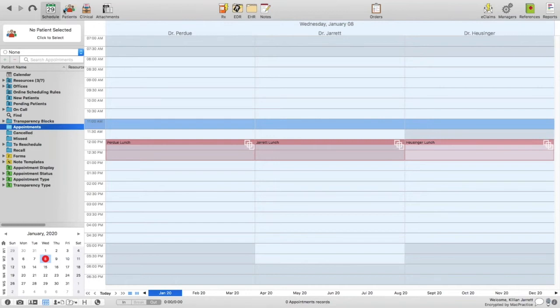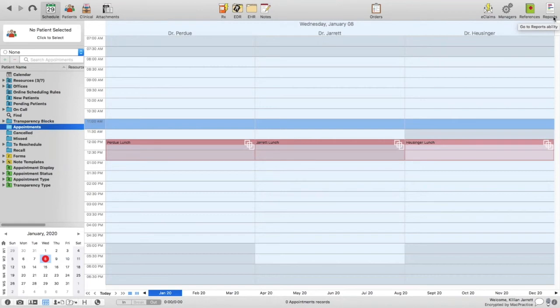So first to get started here, we will give a general overview of what we are looking at here, this entire window. At the very top here, you're going to have the toolbar. And as you can see here, I have the schedule ability icon right here. If you are a bit newer, abilities in Mac Practice are basically the different functions and the different options that you have to use the Mac Practice software. So we have the schedule ability here. There are other various abilities such as the patient's ability, attachments, references and reports, many different abilities within